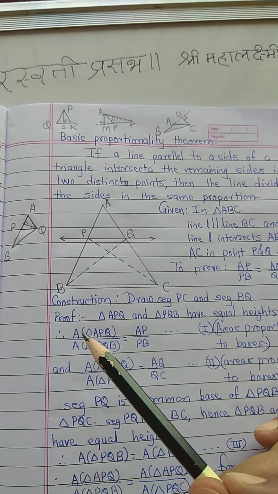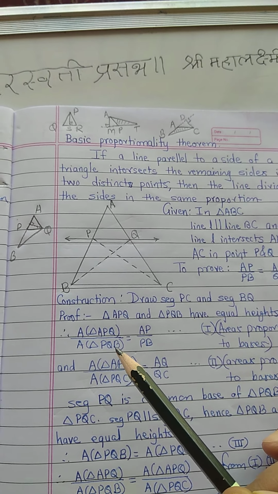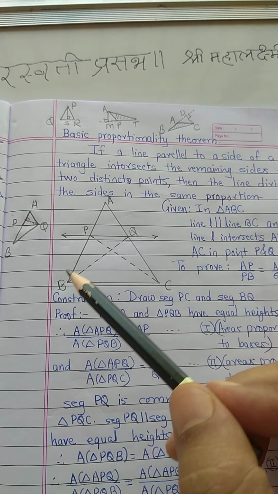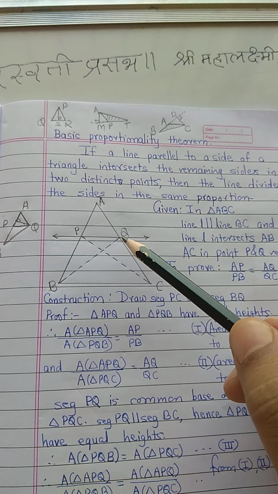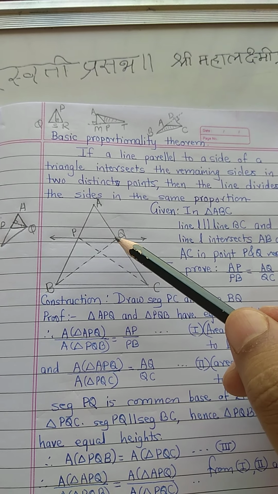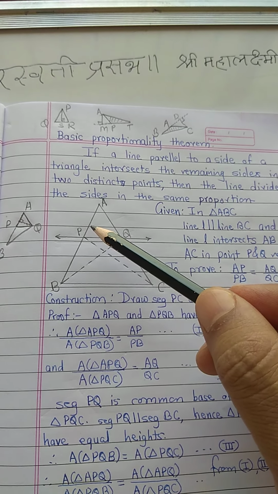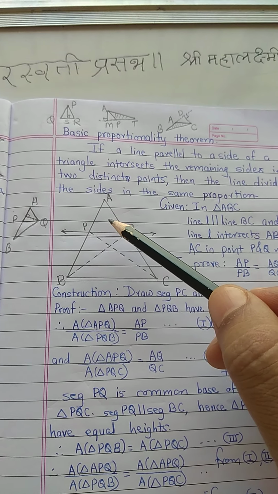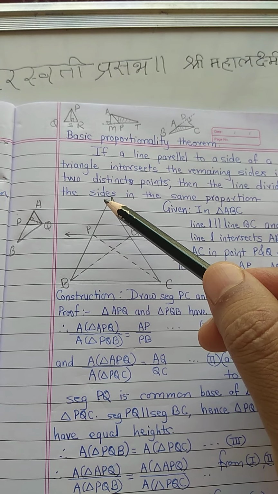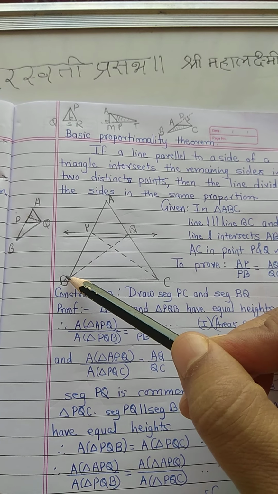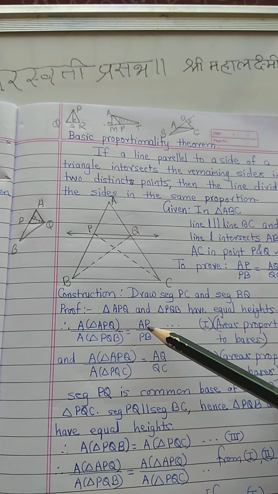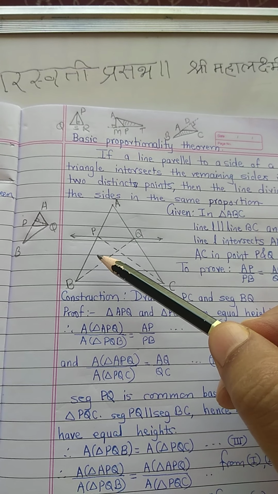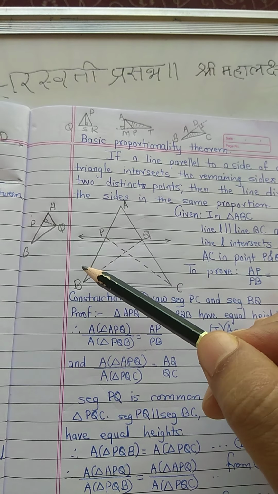Now first of all, area of triangle APQ upon area of triangle PQB. For both the triangles, the altitude drawn from this common vertex Q on the collinear bases is equal. That means the ratio of the areas should be equal to AP upon PB, because the height is common. Then areas are proportional to their corresponding bases.